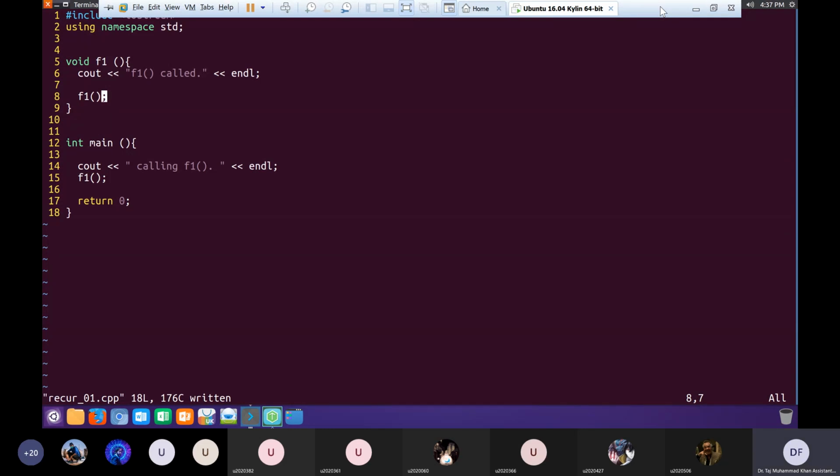It will call itself. Yes, it is calling itself. This function is calling itself. F1 called F1. Very good. So what will be the output? Usman Tahir and Muhammad Fareh have responded, but what about the others? What do you think will be printed on the screen? By looking at this functionality, it prints the string infinitely. Which string?